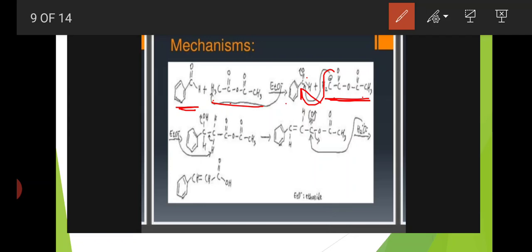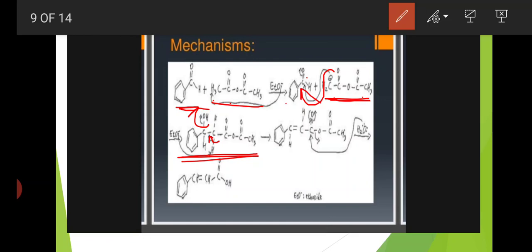Okay, here oxygen gets a negative charge, so one of the protons attaches to oxygen and forms a hydroxy group. Here the acetic anhydride group is attached to the aromatic aldehydic carbon, and forms a compound like this. Here one of the alpha hydrogens shifts electrons to the adjacent carbon, and the leaving group, the hydroxy group, comes outside.